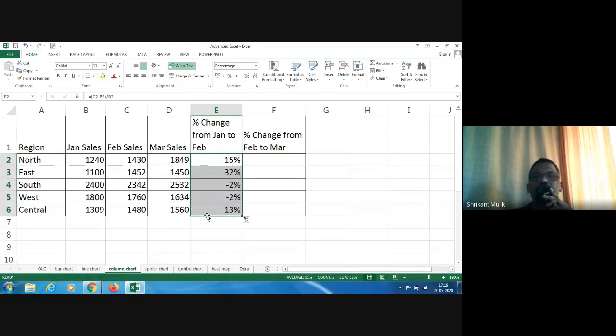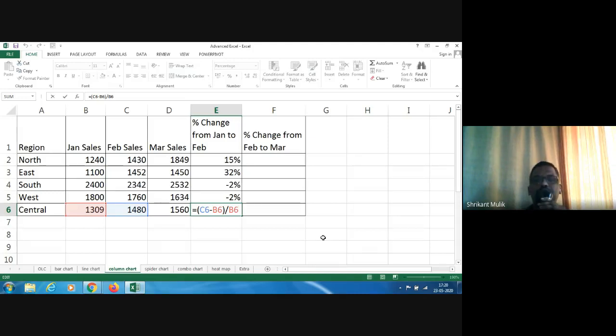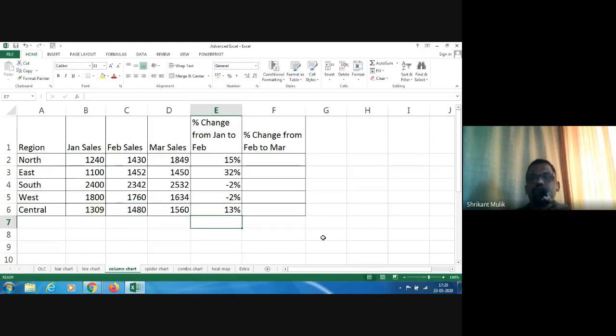Now obviously you should go and check if there is some misuse, and when checking, you can always use the F2 button. So let me use F2. I'm pressing F2. You may not see that, so I'm specifically telling you. When I press F2, you can see that it is C6, which is in blue, and B6. So C6 minus B6 divided by B6. So we have got the right formula over here. So always press F2 when in the cell, and you will see the actual formula there.